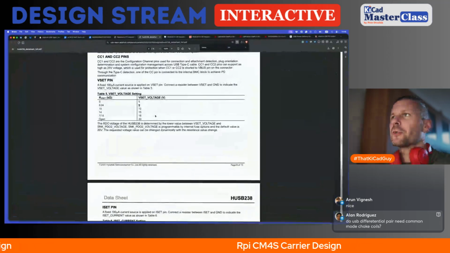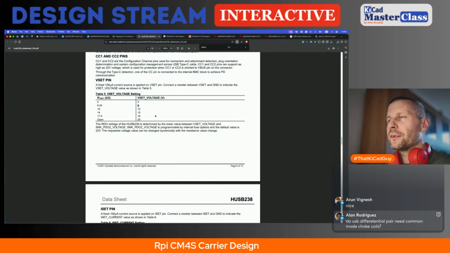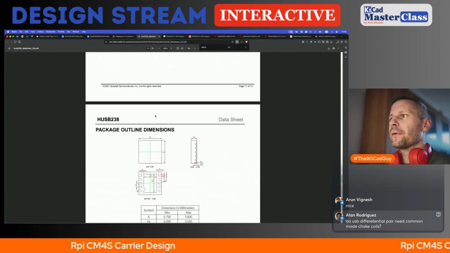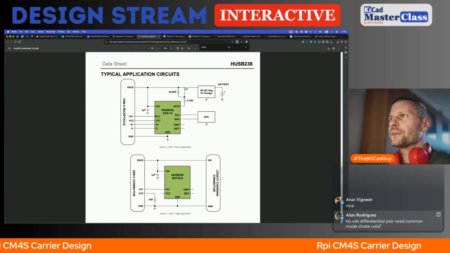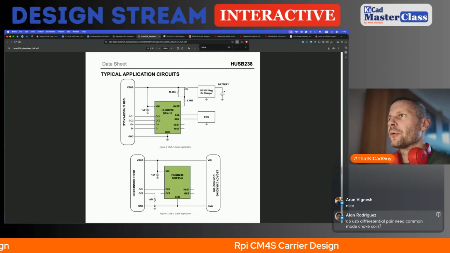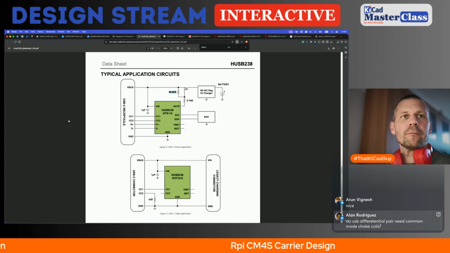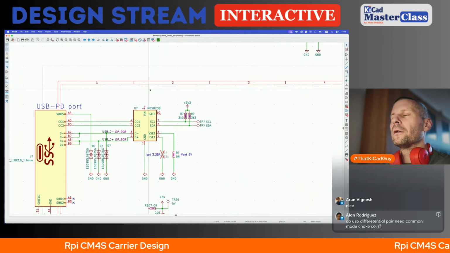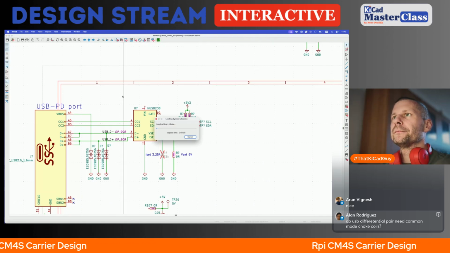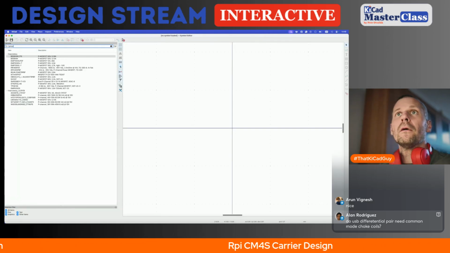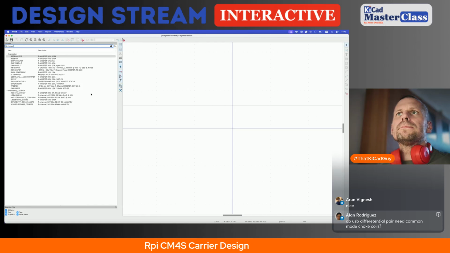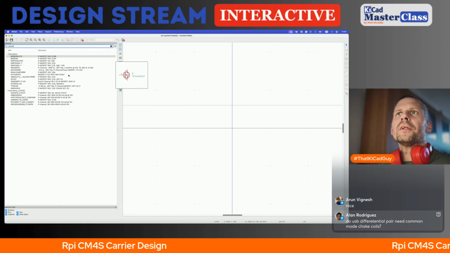So let's finish the USB thing. We need the PMOS and we need a discharging resistor. Let's use the same configuration as they have here. I'm not sure about the 50K, okay. So PMOS, another thing. We need some